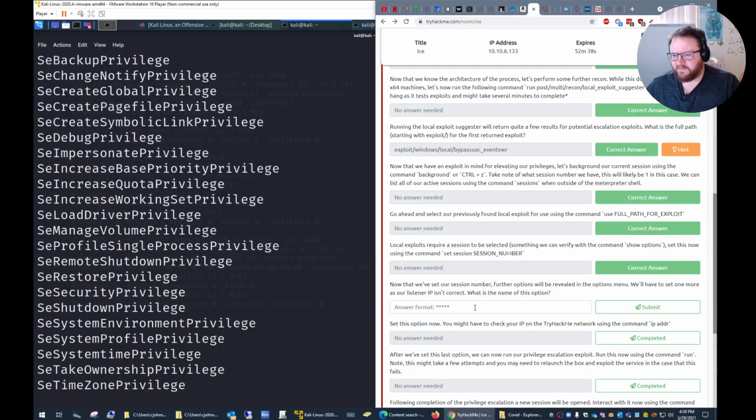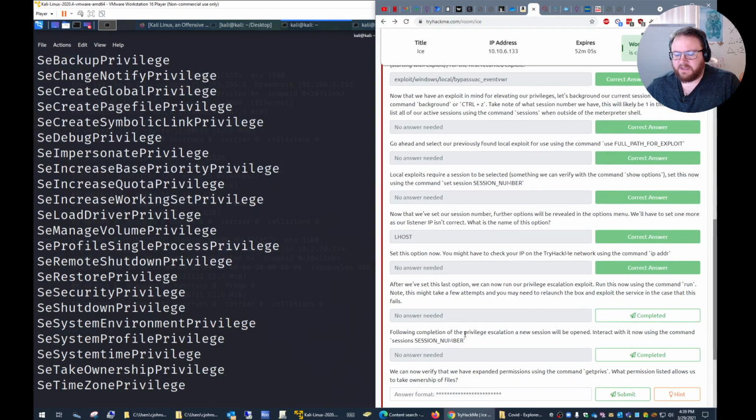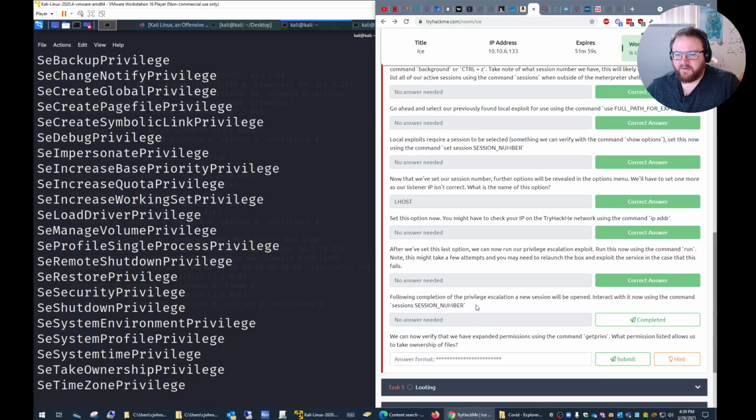Further options we have to set one more as our listener's IP isn't correct. What is the name of this option? Host. There we go. We did that. I don't understand why that was a question, but okay. Set this option now. You might have to check your IP address. Okay, we feel like we did that. I can now run our privilege escalation. Yes, we did. Following completion of the escalation,